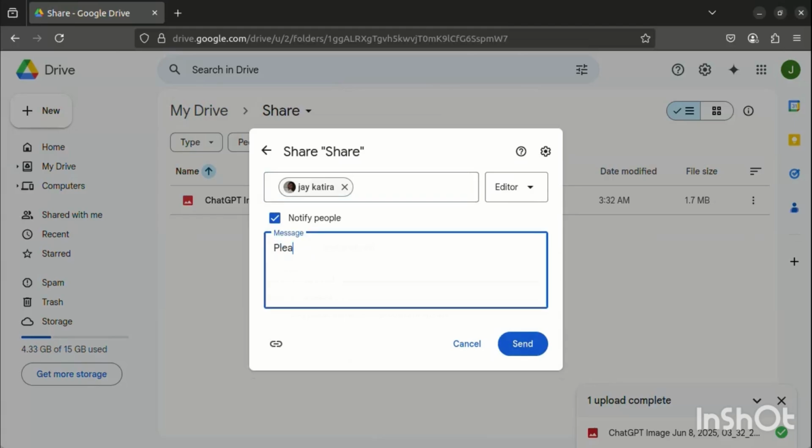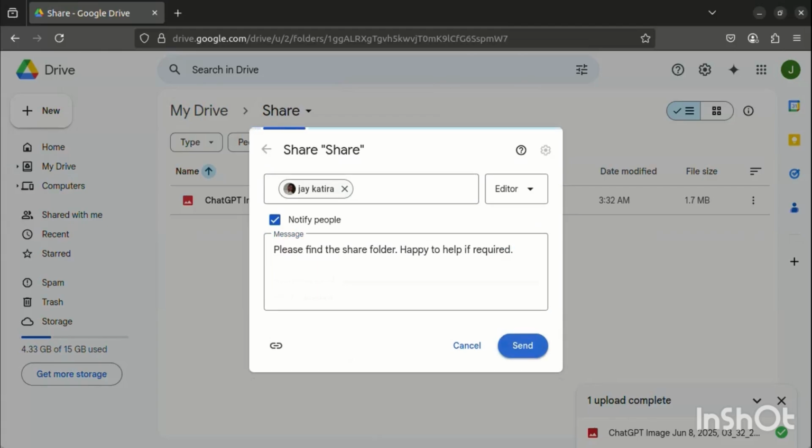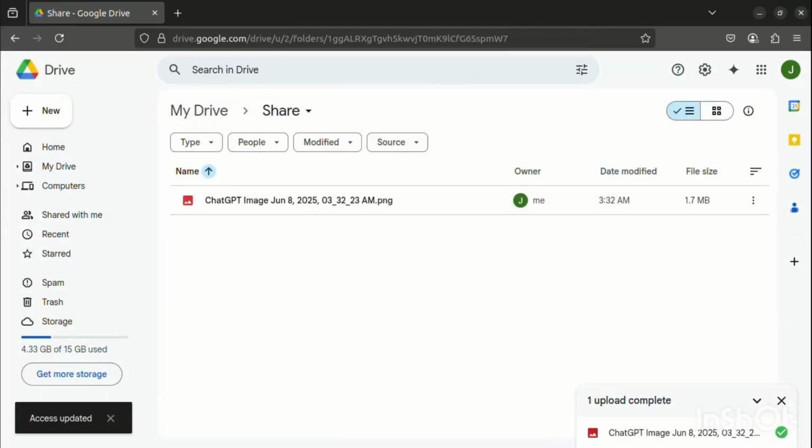with a message. Please find the share folder. If required, happy to help if required. Send. This will send the email to the particular recipient so that he can access only this folder on your